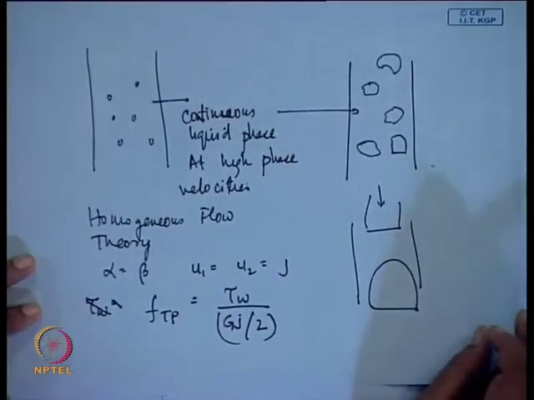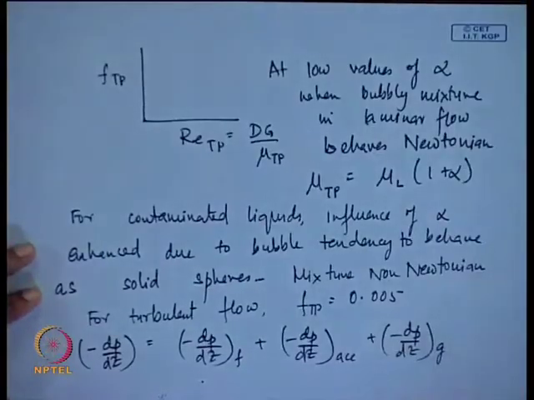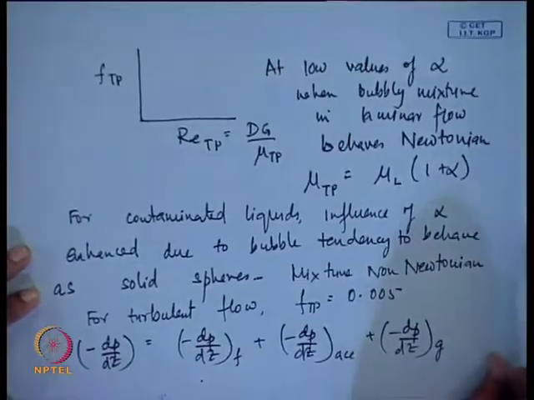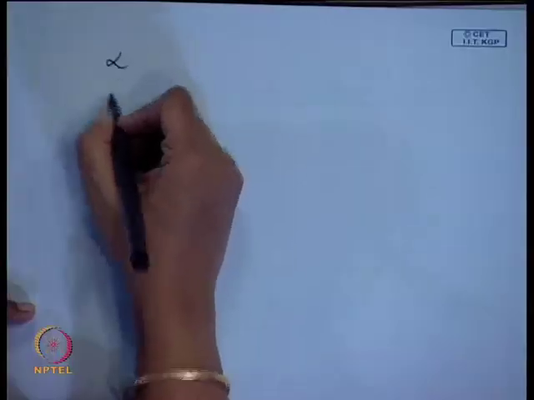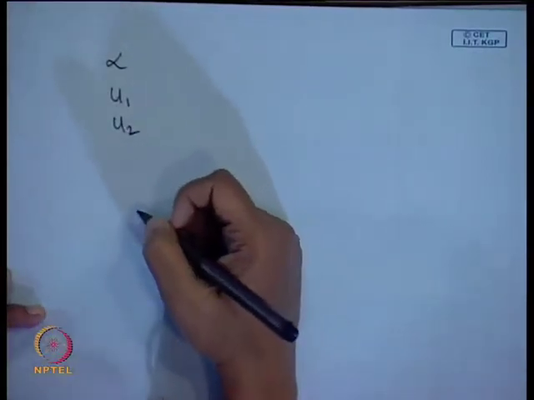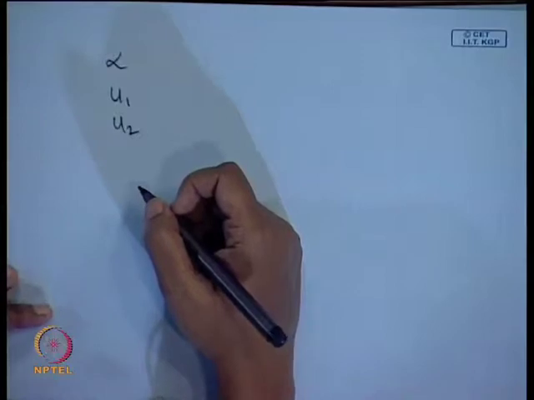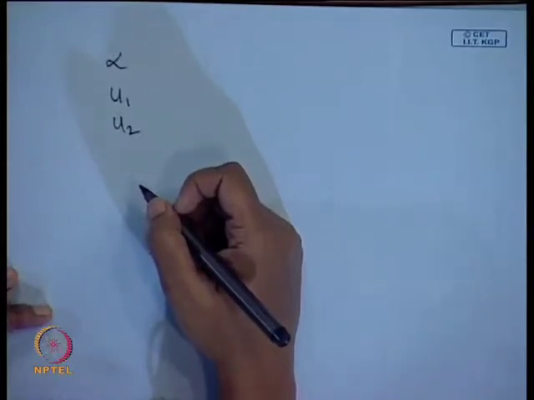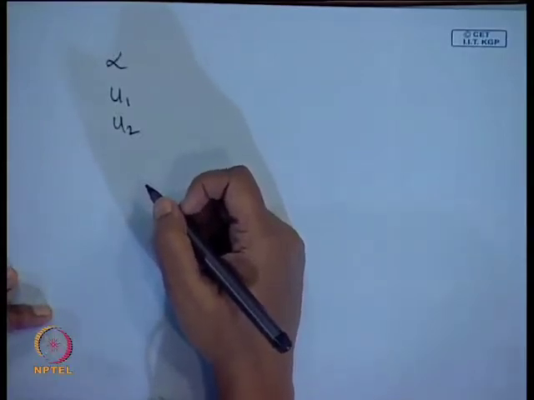What does the drift flux model do? We have already discussed the drift flux model. It modifies the expression of all the parameters starting from alpha, u1, u2 and momentum flux, kinetic energy, etc., by incorporating the relative motion between the phases or by incorporating the drift flux between the phases.